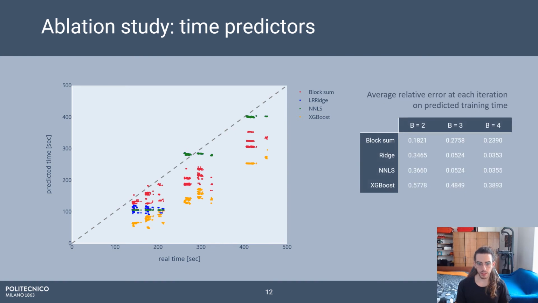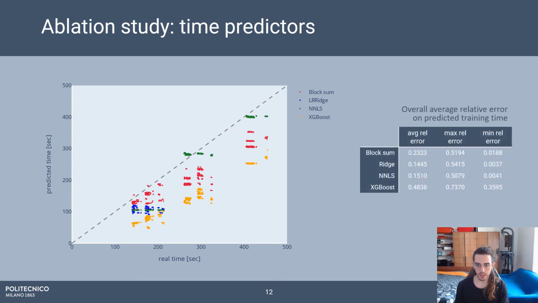As you can see, the image represents the real time and the predicted ones, and for instance, the most left points represent the predictions where the number of blocks is equal to 2.